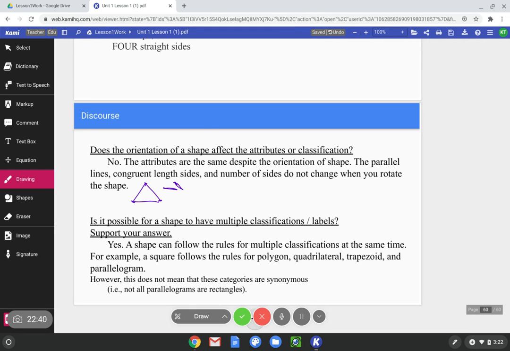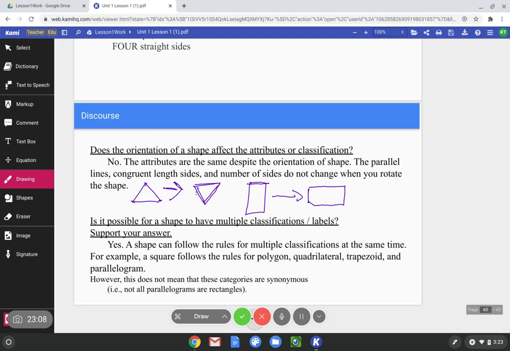I'm sorry. I'm terrible at this. So now we rotated this triangle, but all the attributes are the same. This triangle still has three sides, and whether or not it is a scalene or equilateral is still the same. We just rotated it. Let's do it with a rectangle. So if I have a rectangle like this, and I rotate it to where it's on its side now,